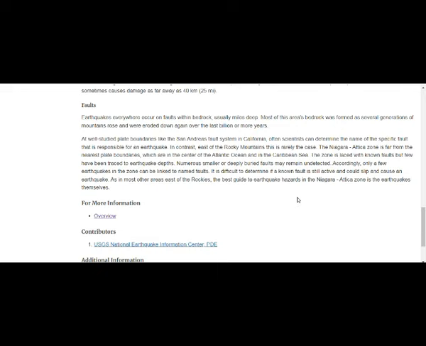Accordingly, only a few earthquakes in the zone can be linked to named faults, and it's difficult to determine if a known fault is still active and could slip and cause an earthquake. As in most other areas east of the Rockies, the best guide to earthquake hazards in the Niagara-Attica zone is the earthquakes themselves. Now, okay, that's what they say. It's far from tectonic boundaries. But the thing is